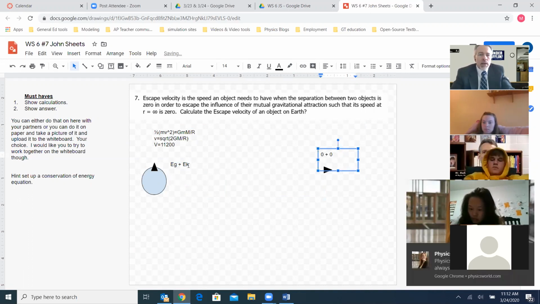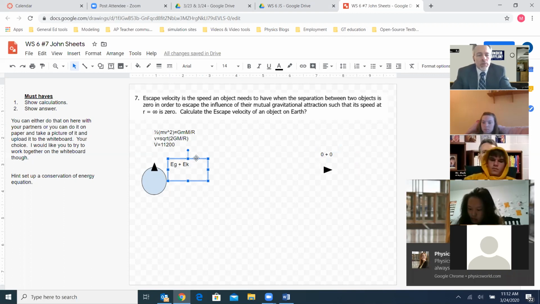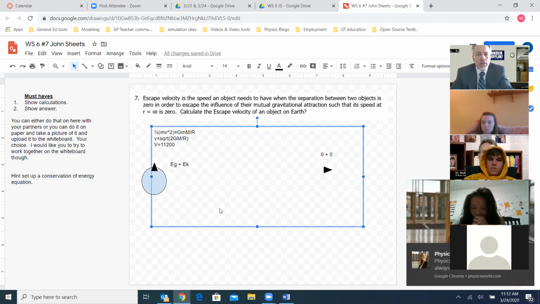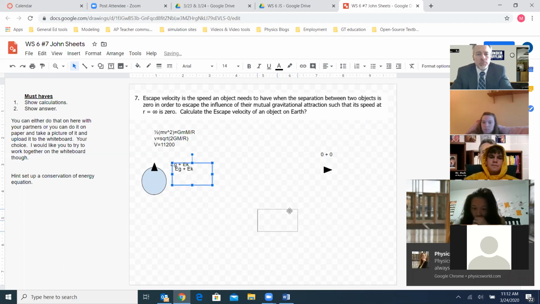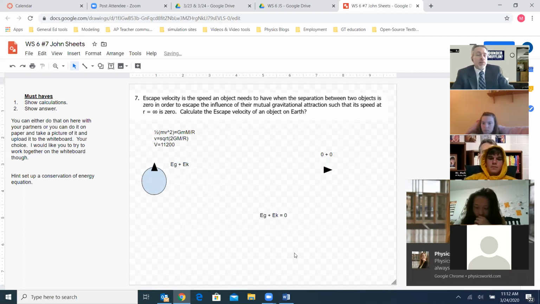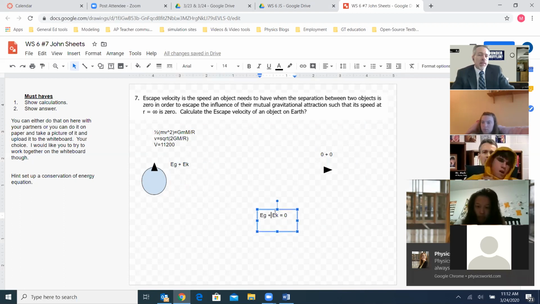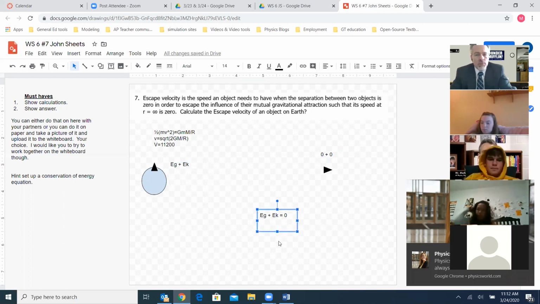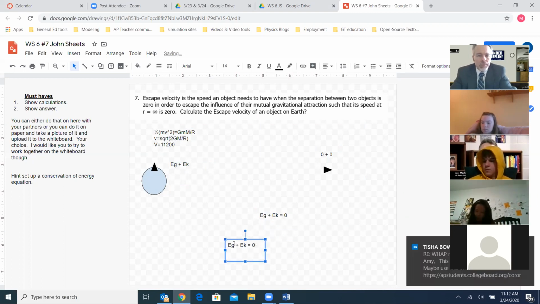So that means this initial energy, gravitational plus kinetic, is equal to 0. Which at first students are like, what? That's weird. That doesn't make sense. But if you remember, the equation for gravitational energy has that negative in it. So let me go ahead and fill this in a little bit. So this becomes